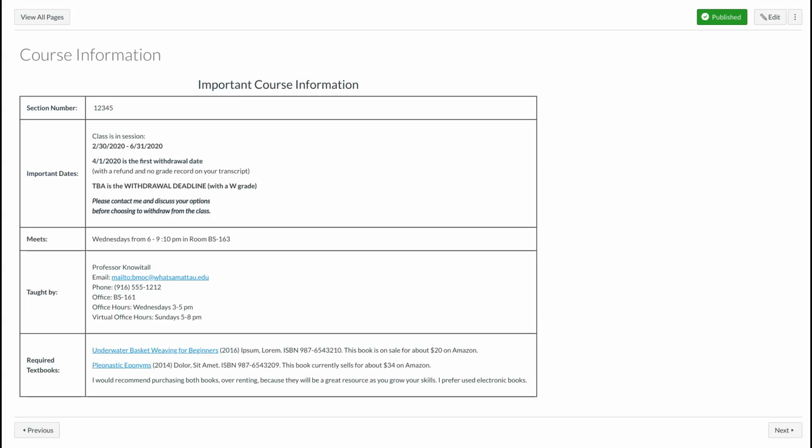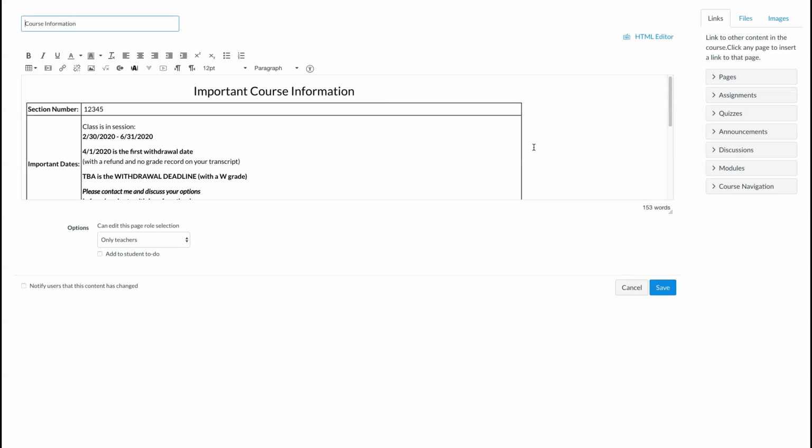This video shows how to use the Canvas Accessibility Checker to make sure that your tables are set up properly for accessibility purposes. It's important to remember that tables are not intended for layout, but instead for presenting information in a tabular manner. To enable the Accessibility Checker in Canvas, select the Edit button for a page, and then select